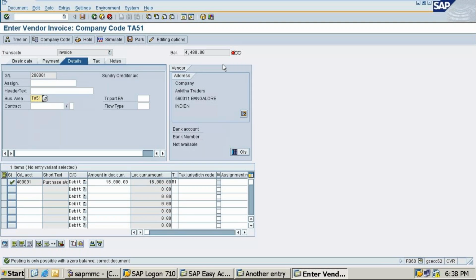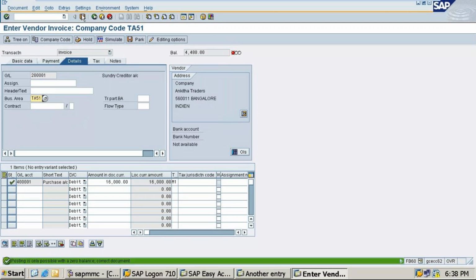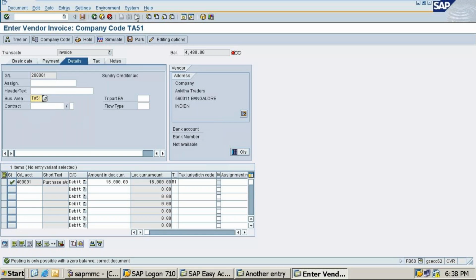Okay, there is a balance. Posting is only possible with a zero balance. Correct the document. One second. There is some balance. Okay, just a minute.